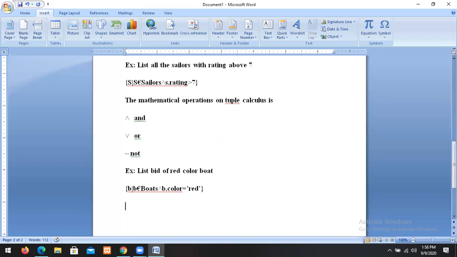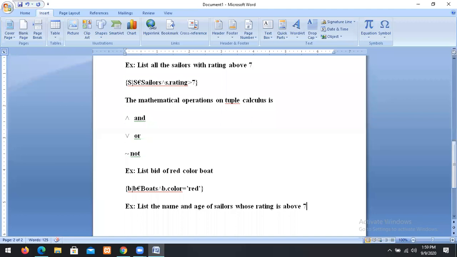For example, list the name and age of the sailors whose rating is above 7.